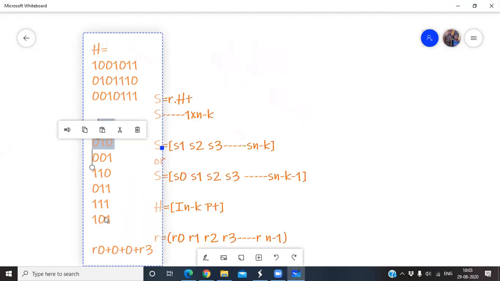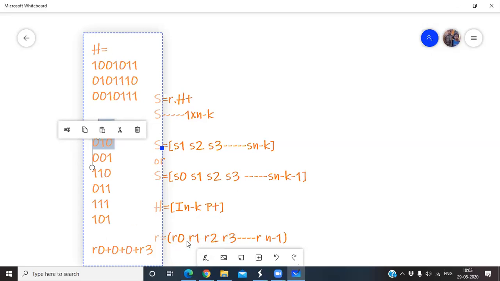Now see, finally, suppose this is n minus k, and this is n minus k plus 1, n minus k plus 2, and finally don't say that this is n minus k plus 3, because what is this one actually? Last one. So what is the total number of bits here? R0 to R6 you have to get. R0 to R6. So this is a (7,4) block code. N equal to 7. That means 7 minus 1.